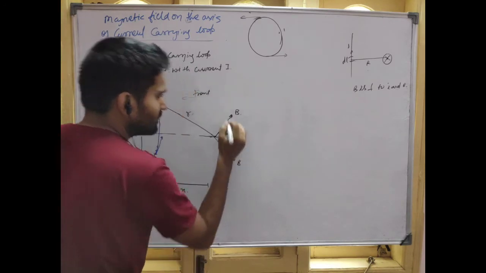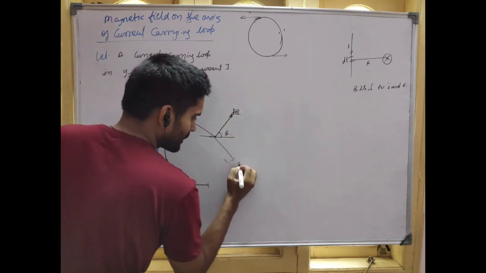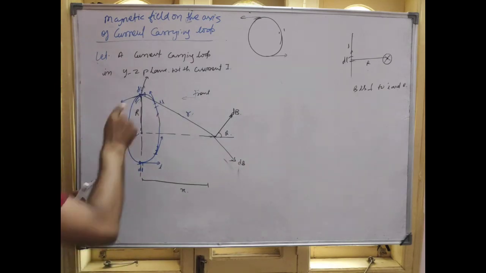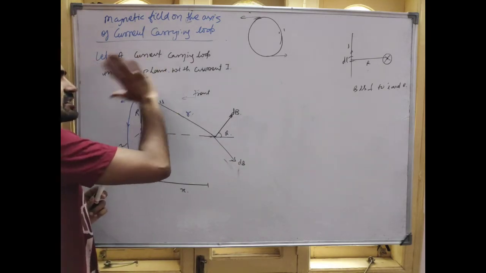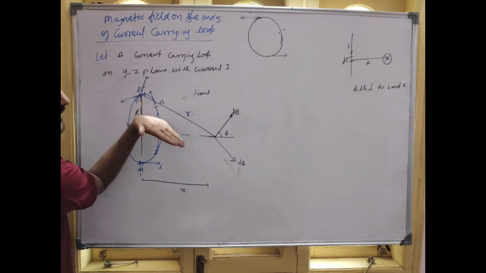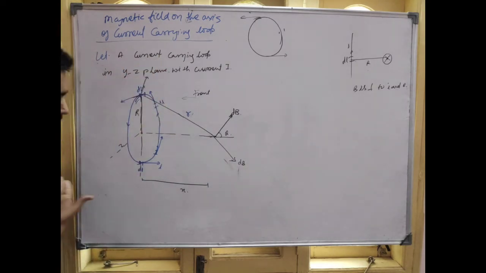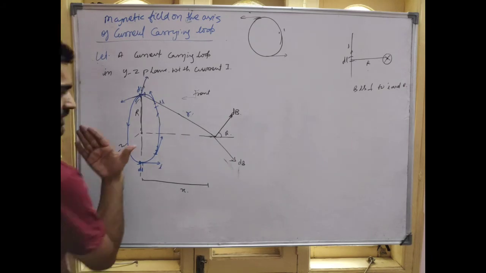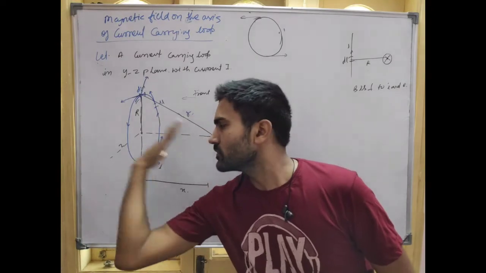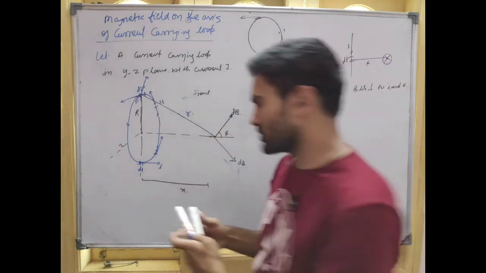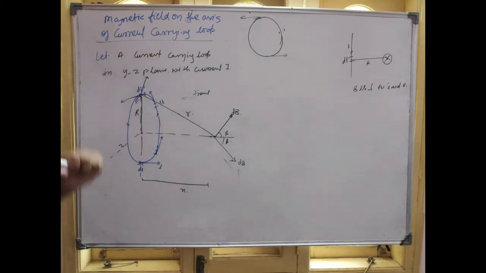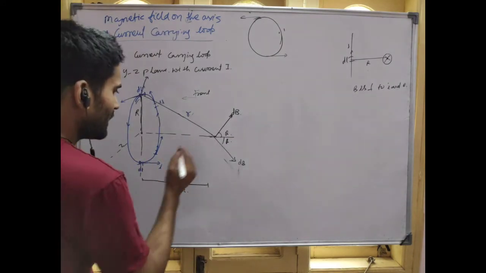So here it is dB. We are taking the small element dl from here. What is the dl direction? It is this. Curl your fingers, stretch your fingers in the direction of the point. So the force is this. Here also the direction of the current is here. Stretch your fingers in the direction of the point, so the force will be like this. This is also making an angle theta here. Are you able to understand or not? Is the point clear, guys?